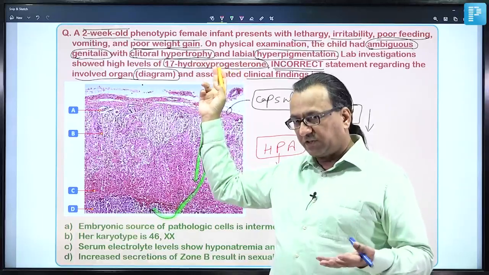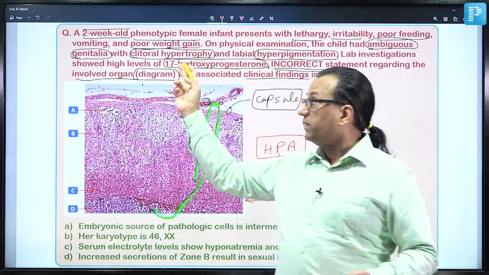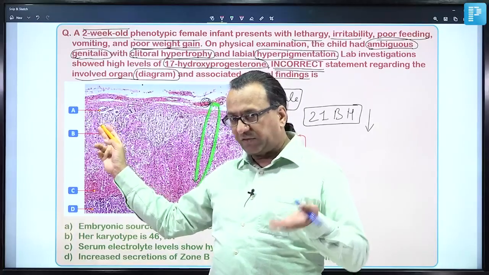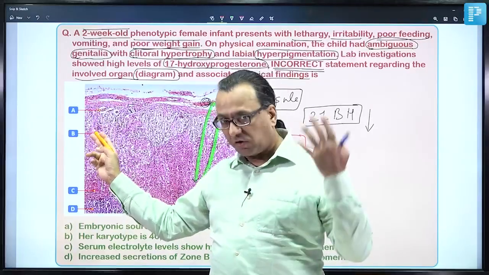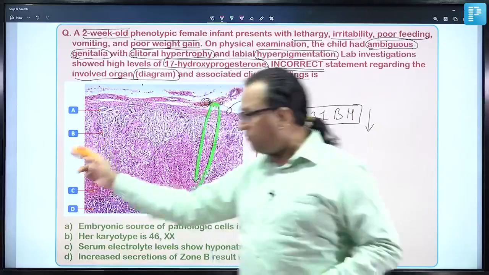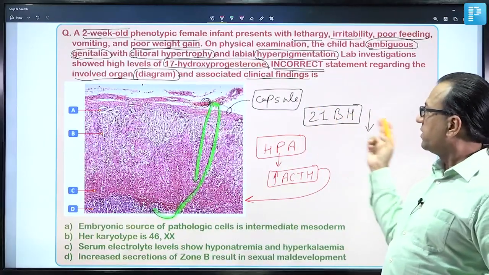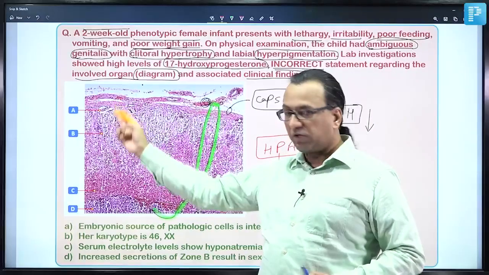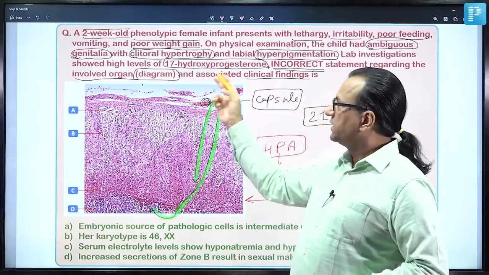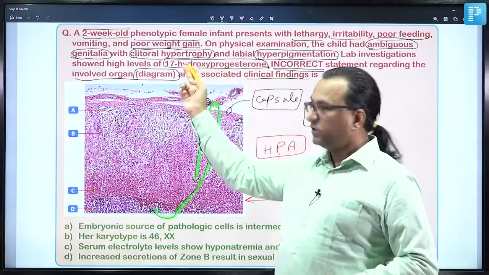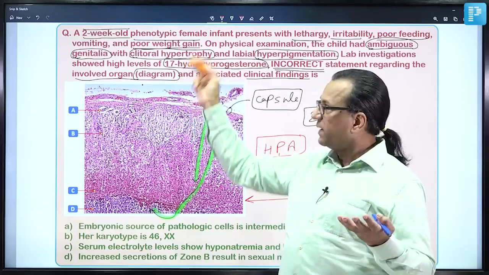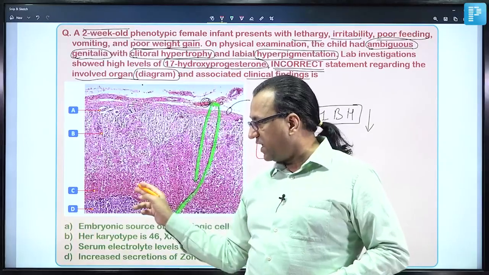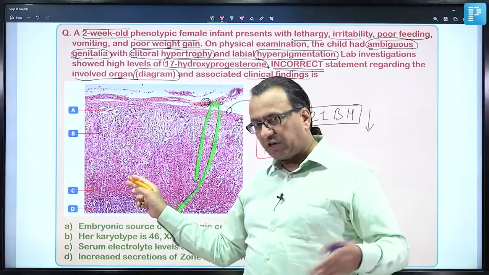But then there is increased ACTH, which further leads to increased steroidogenesis enzymes. These enzymes will ask the zona glomerulosa and zona fasciculata to increase their secretion, which cannot happen, because due to genetic mutation we already had the deficiency of 21-beta hydroxylase. So these zones are unable to produce any more secretions. So what happens is this 17-hydroxyprogesterone, due to increased level of ACTH, is spilling over to the zone C, which is zona reticulata, and there you'll find a lot of androgens are being